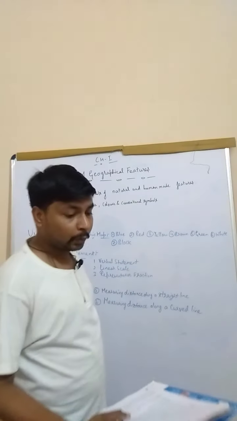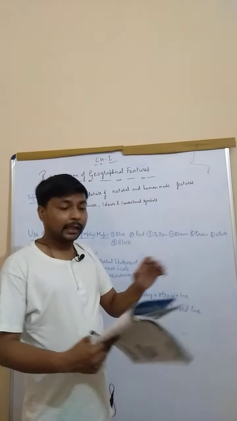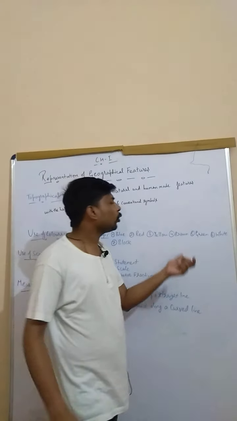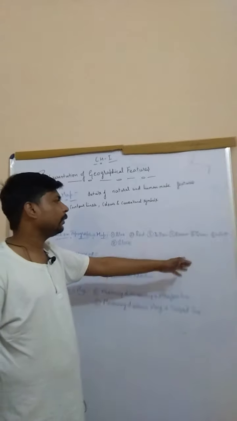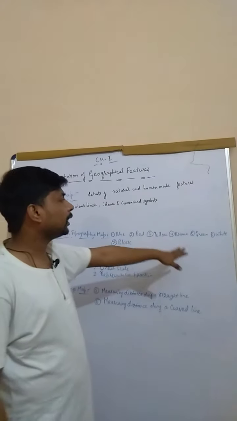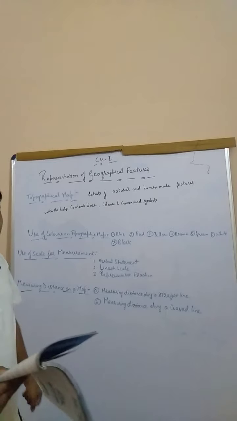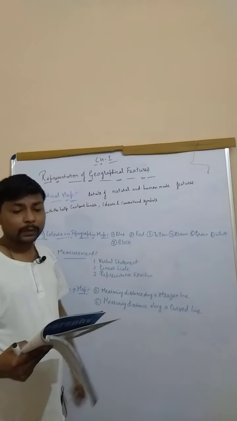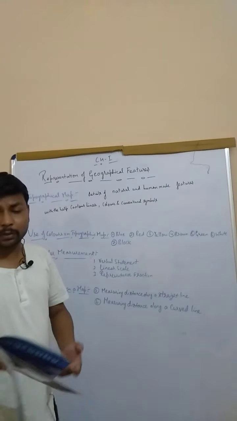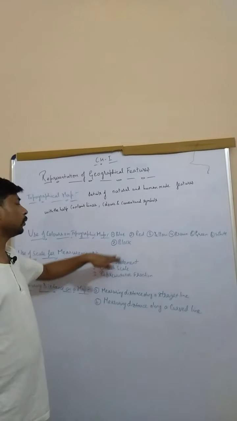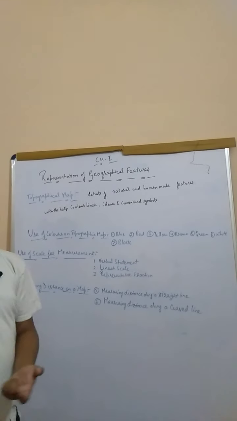White color is used to show the uncultivated land, which is basically barren land or rocky land, the land which is of no use. We show that land with the help of white color. And then we have the black color. Black color is used to show the boundaries, height, telegraph lines, embankments, dunes, streams, tanks, and canals also, and different boundaries. So these colors are used to show different features on a map, right?